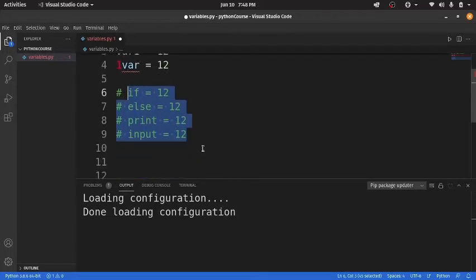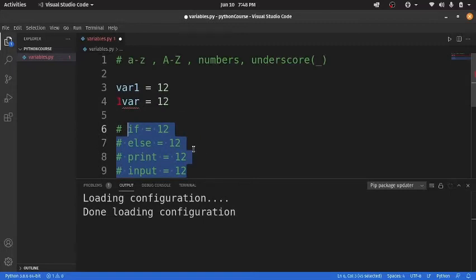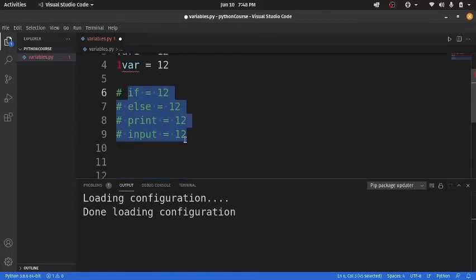And for the last part, be careful that variables are case sensitive.